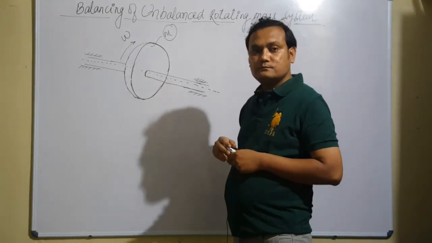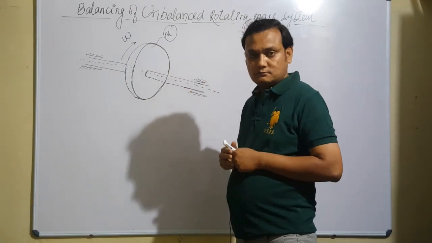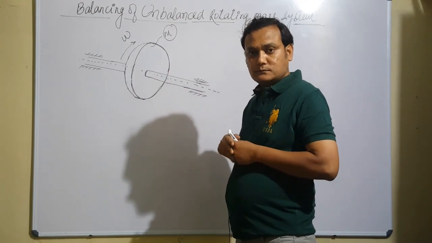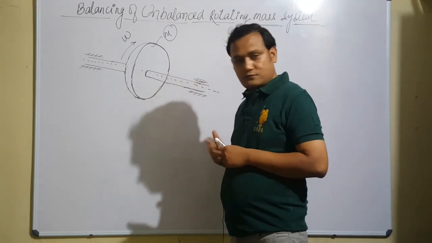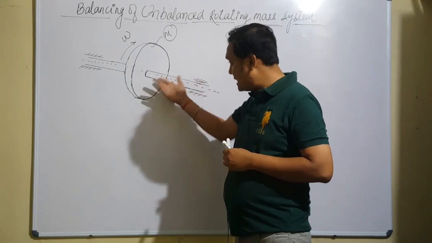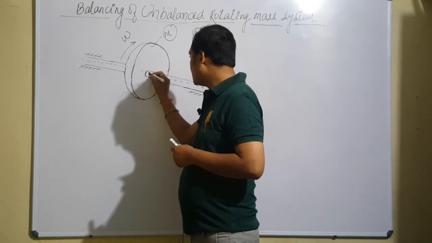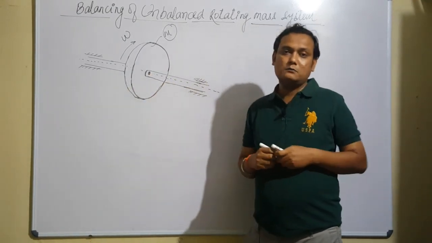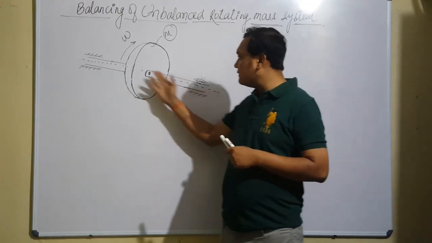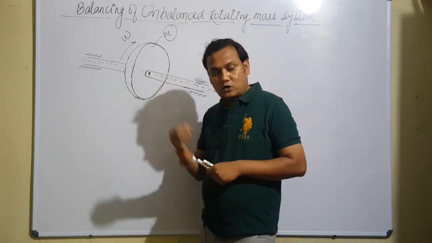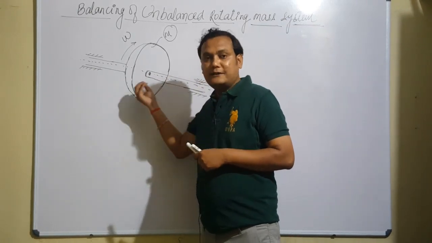Now, where will be the center of mass of the disc? If the disc is perfect, there is no problem with the disc design, the center of mass of the disc will lie at the center of the disc, and in this case the center of mass will also lie on the axis of rotation. Center of mass or center of gravity, both are synonyms as long as your gravitational field is not changing. The concept of center of gravity is that the entire mass of the body you can assume at the center of mass.